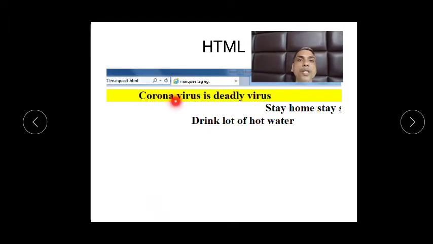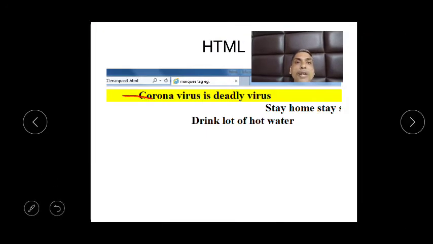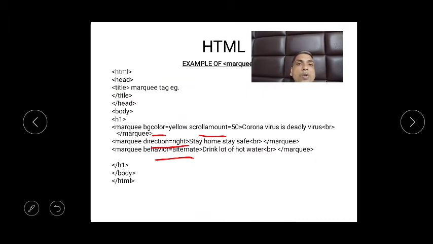Here you can see "Coronavirus is deadly virus," and this yellow is because of the bgcolor, the background color. "Stay home" is moving in the opposite direction, and this will have a bouncing effect because you have given the attribute value behavior equal to alternate.